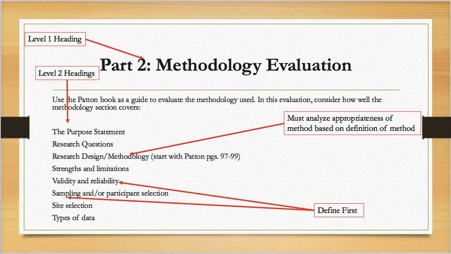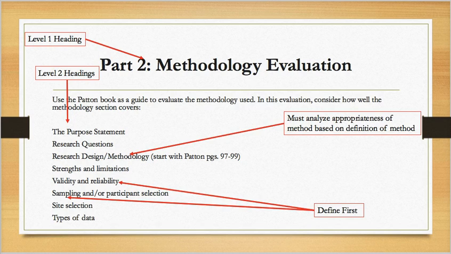So the methodology suggestion refers to using pages 97 through 99 as a starting point to evaluate the method that they chose. So in other words, you can't evaluate it until you situate yourself in a published, cited definition of that method. And a good place to start is pages 97 through 99. See if the method they chose is on those pages, then refer to the subsequent pages for more detail on